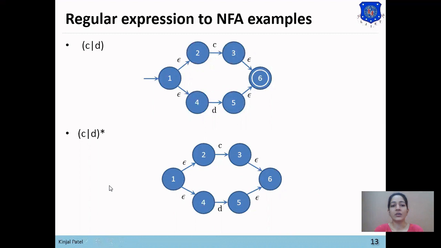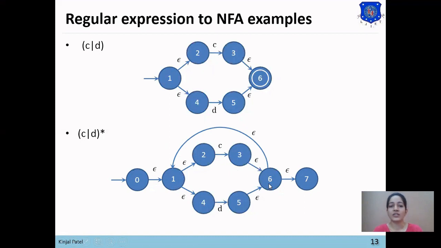The rule of Kleene closure says to draw one null transition before the language and one null transition after the language. So we have constructed one null transition from 0 to 1 and from 6 to 7. The second rule says to draw one reverse null transition from 6 to 1, as our language is complete at state 6. So we will draw one reverse null transition from 6 to 1.